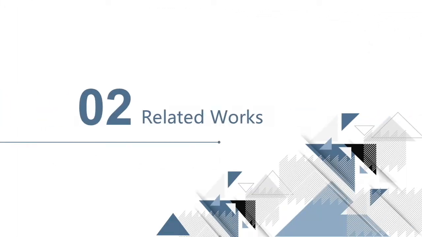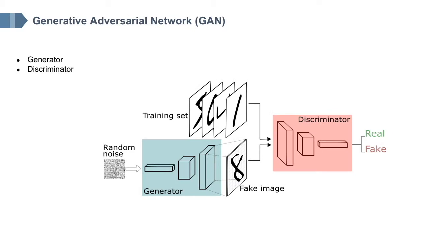Generative adversarial network is an architecture that includes two nets. One is called generator and the other is called discriminator. Generator generates images from random noise, while discriminator's mission is to tell the real image and fake image apart. As time goes on, the fake images generated by the generator will be more and more like the